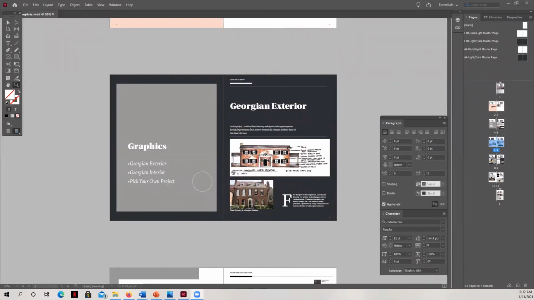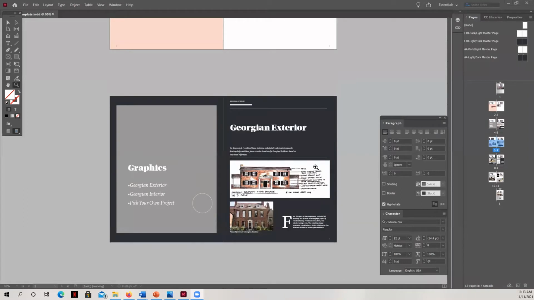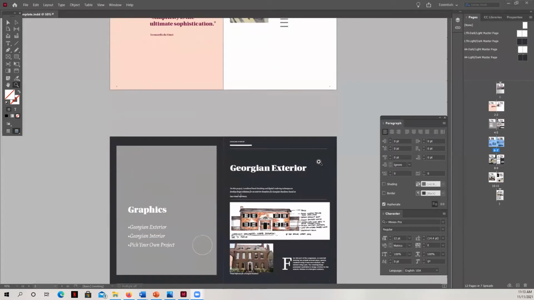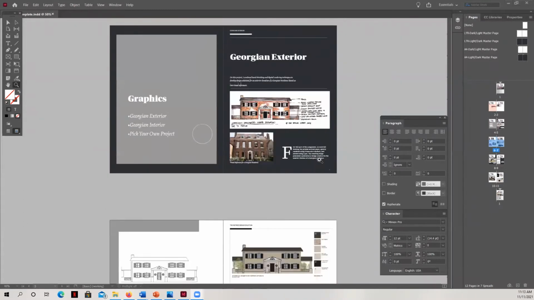In this video, I'm going to teach you how to duplicate and delete pages from your template, how to place and adjust image size, alignment, and orientation, how to copy and paste text from Word into InDesign, and how to turn off hyphens. So what you're seeing now is my portfolio template, and you can see that I have taken